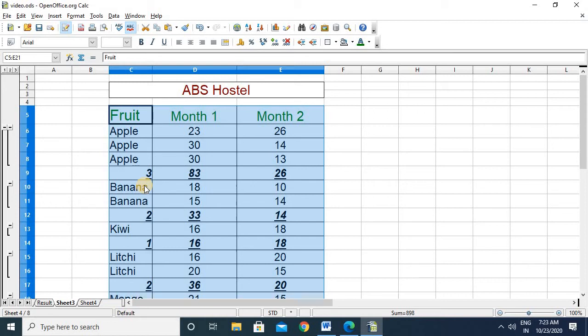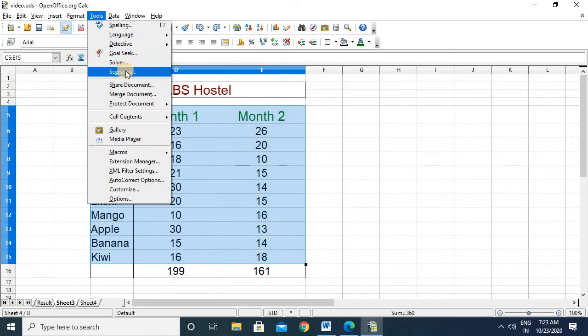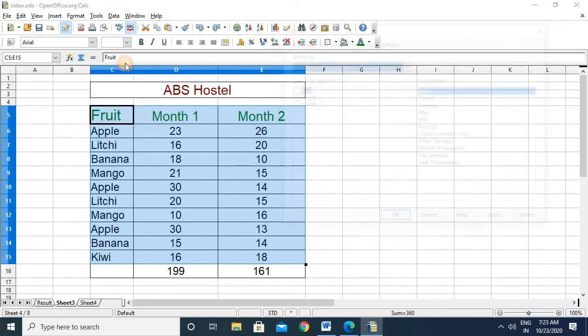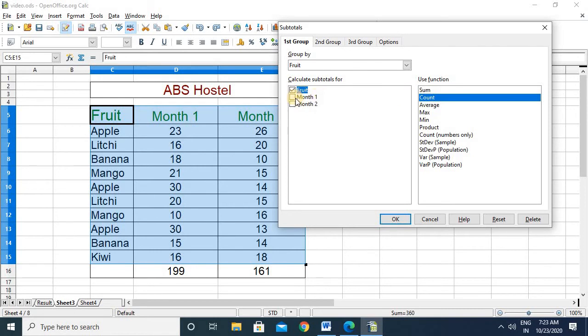If we undo this, now you want, in both months, the sum as well as the maximum value. So I'll go to Data, Subtotals. They mention here the first group, second group, and a third group also. Let me go for the first group, count. For month 1, sum, month 2, sum.